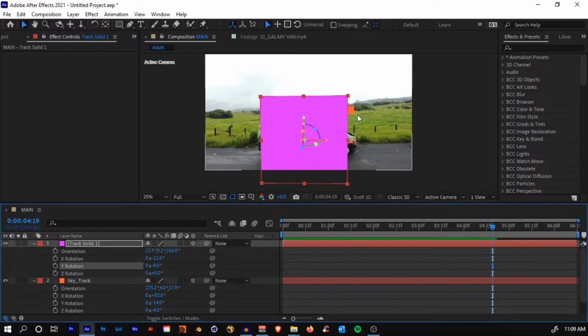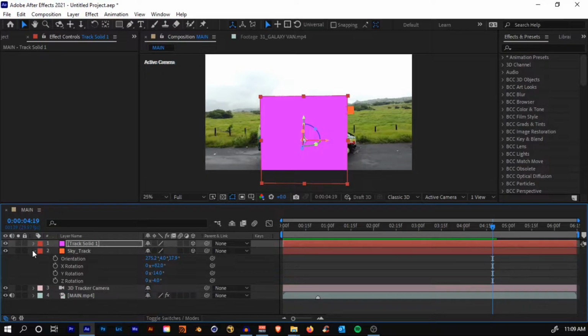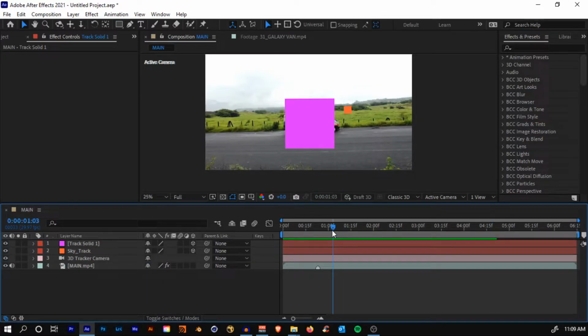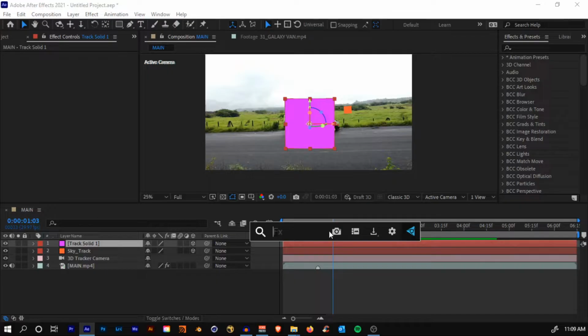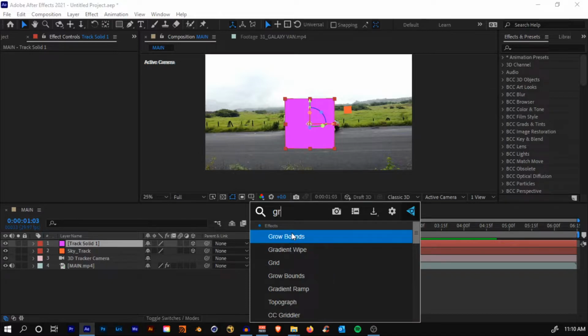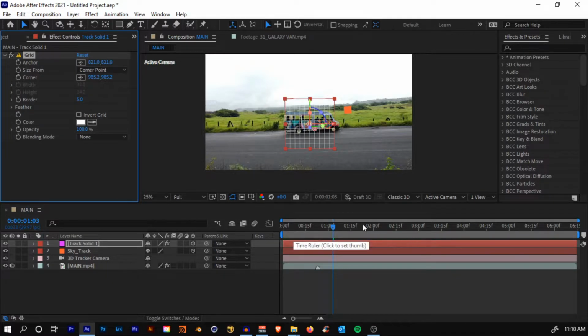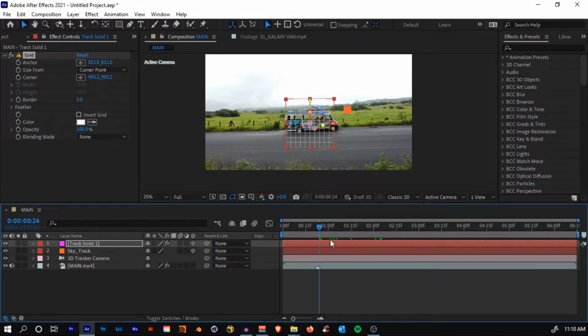What we can also do is see this clearly. Now remember I told you to install the plugin FX Console. What that does is, if you select the layer and hit Ctrl space on your keyboard, you'll get this search bar, and here you can search any of the effects that you need to add. Suppose I need to add a grid effect, so I'll just search for grid, hit enter. Right there, you see how fast it is to work.